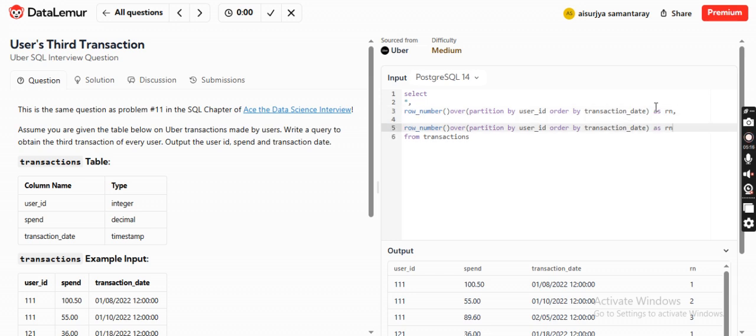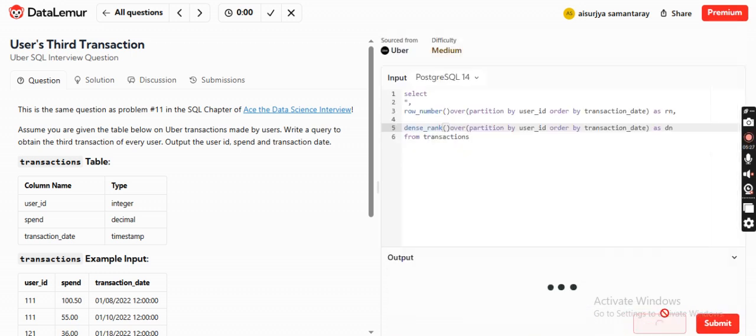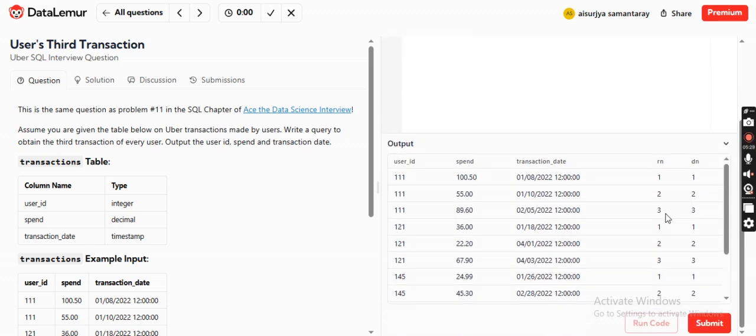So let's do it this way, and let's say it as dn. Okay, dn means basically our dense rank function. And let me just show you what happens. So more or less it is actually giving you the same result. You can see over here,